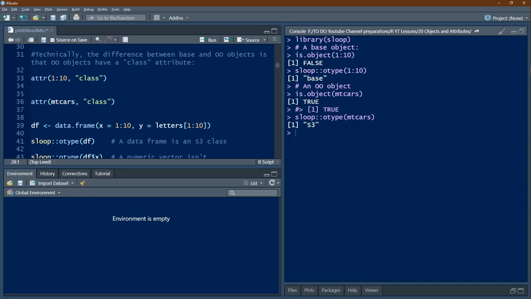The attr function basically takes two arguments. Here you should say what the attribute is, and you should give the object here. Then this will be found out. So here when we ask, it says NULL. Basically there is no class attribute for the base objects. For mtcars, however, it says it's a data.frame. Normally the data.frame function is something we use to create a data frame, and the class is